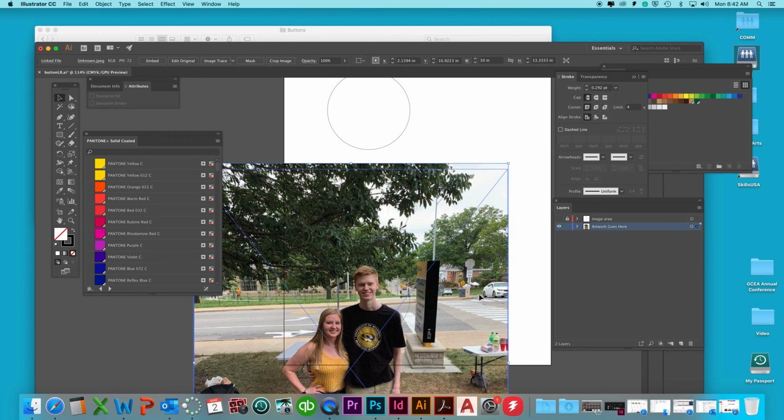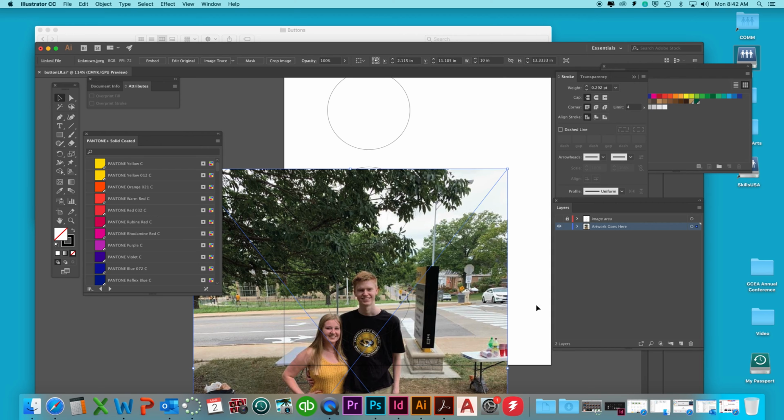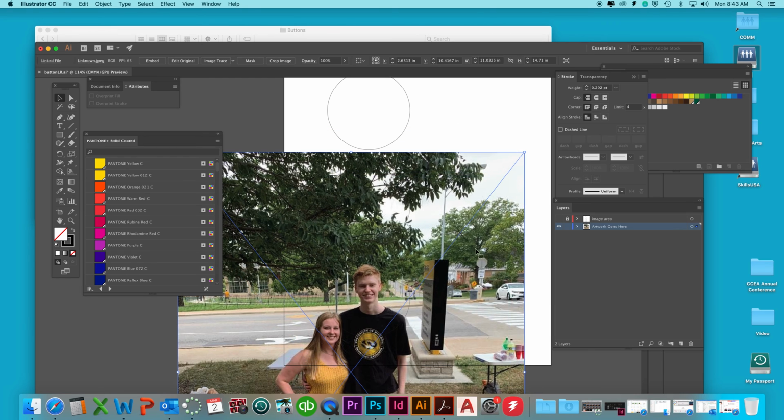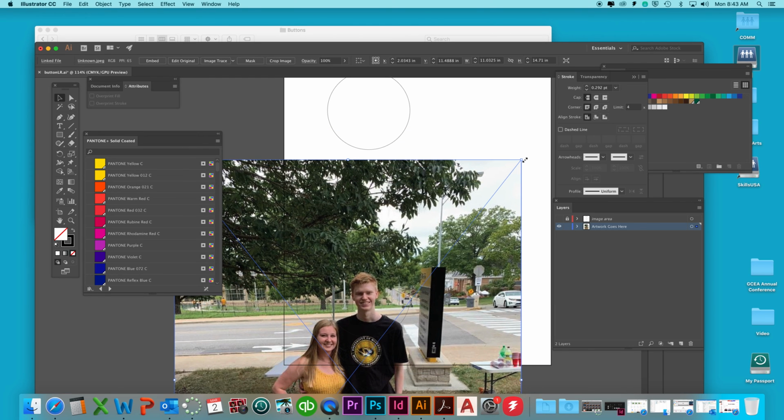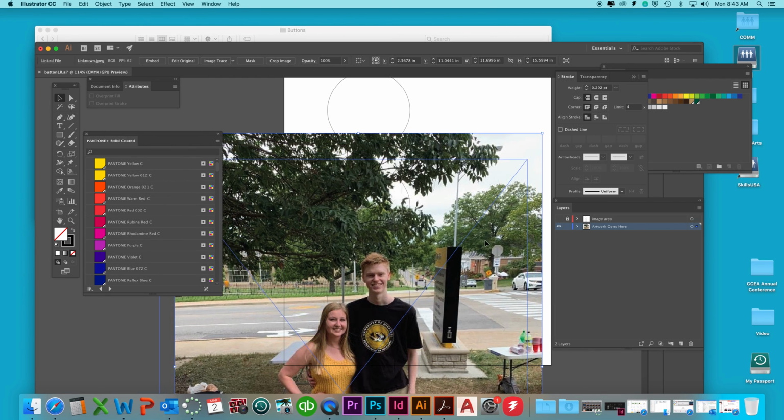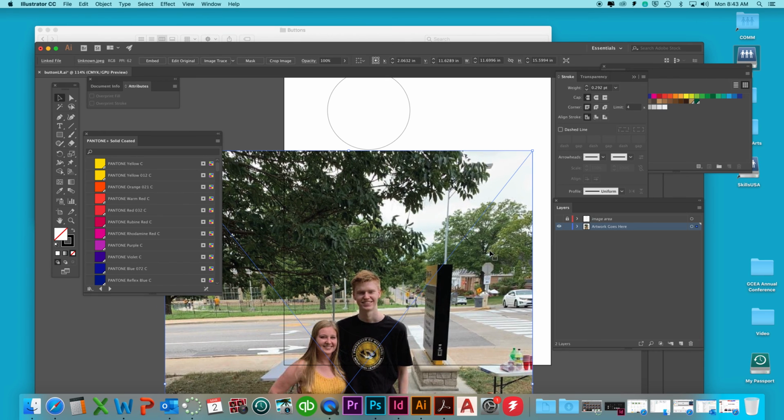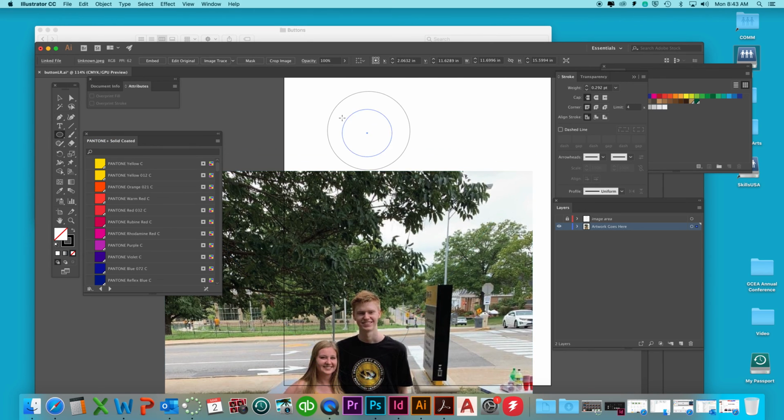Alright, so this is going to be my nephew first. Hold the shift key as you scale. Scale from edge to edge or corner to corner. Alright, so there's his head. I'm going to put that in the middle. But I'm going to make another circle with the ellipse tool. I can come up here to see how it is and hold the shift key as I do it, and I can make it just as round or as small as I want. So I'm going to get to a size I'd like, and I'm going to put it over his